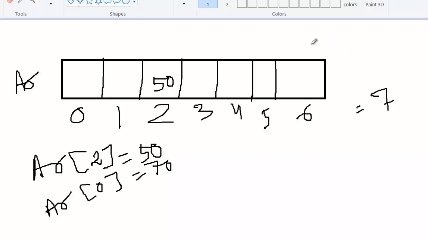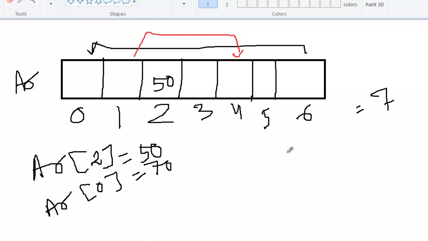You want to read data from 6 to 1, 0, possible. You want to read data from 1 to 4, possible. Means any order, any way you can read the data as well as enter the data. So this is the great benefit.